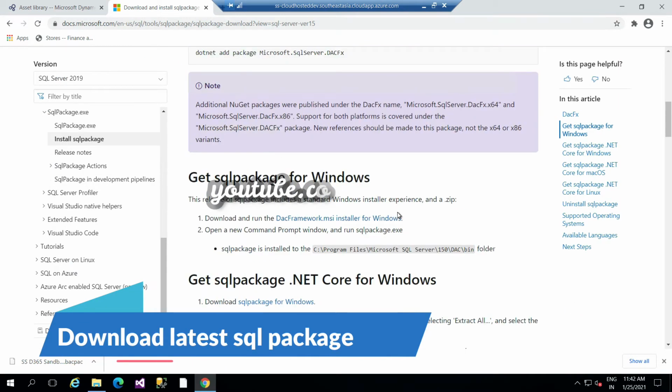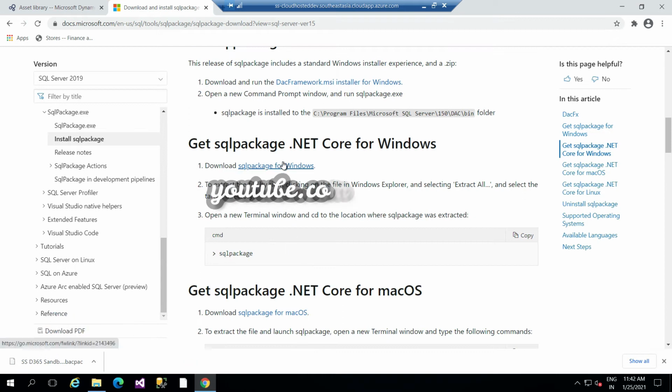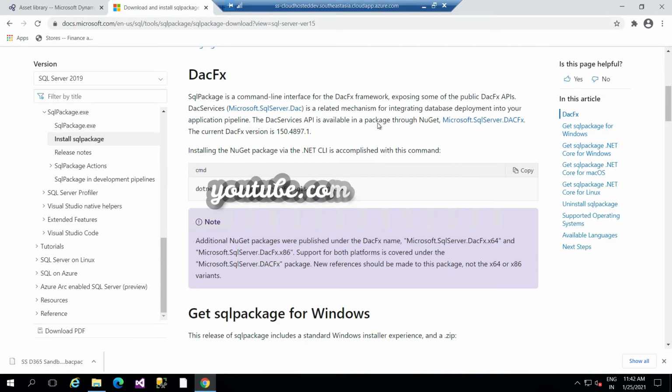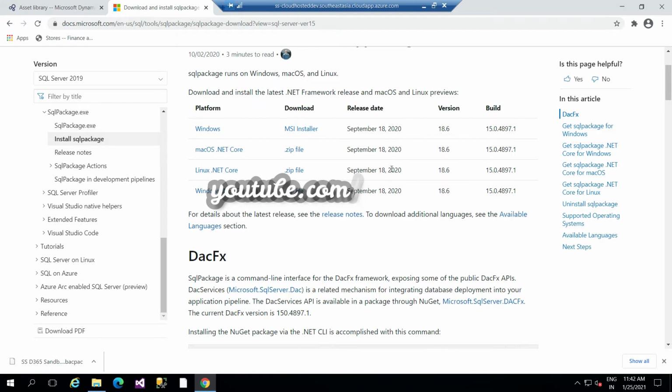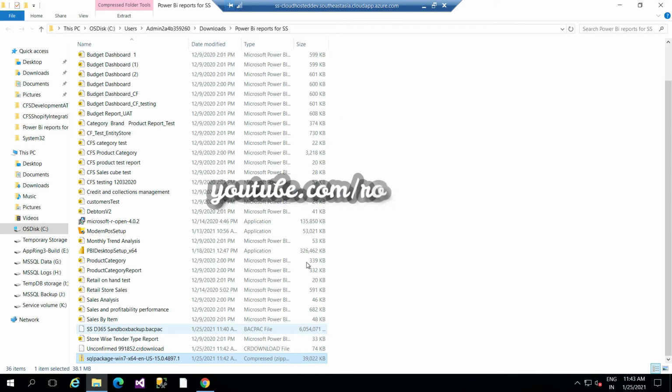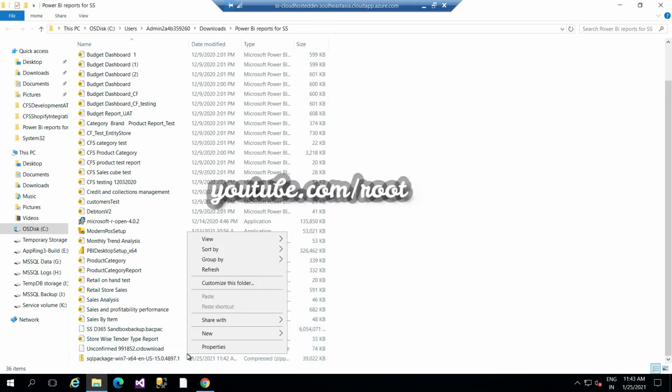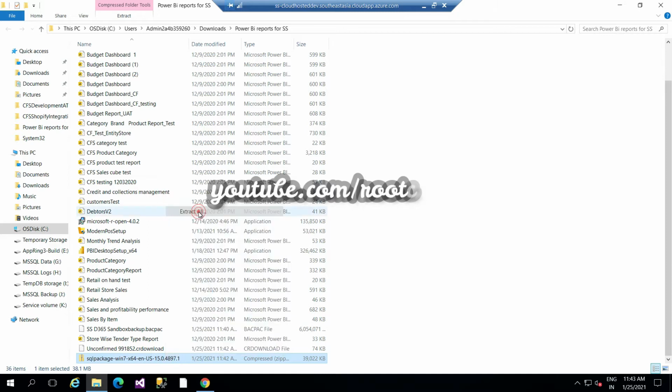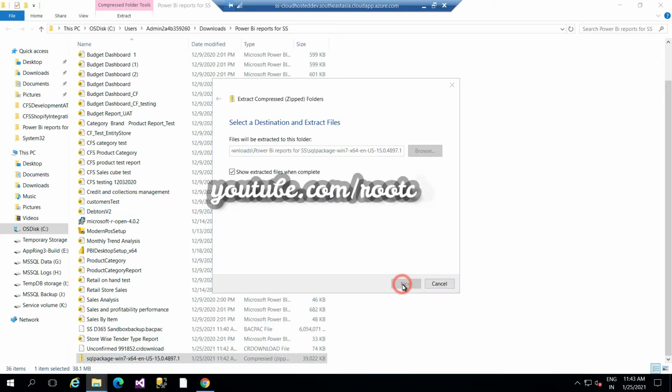After downloading that, download the latest package of SqlPackage.NET and try to install it manually, because it is suggested by Microsoft. After downloading it, just extract it, and when you extract it, it will have its execution file, SqlPackage. Through that location only, execute that file, and after that provide the database location which we have downloaded recently from the asset library.